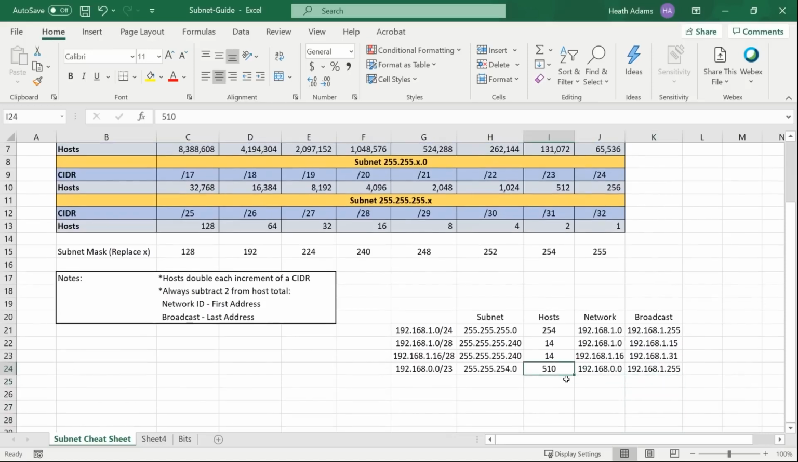We've got 510 hosts in this network. Okay, and we have the ability to go between 0 and 1. We've got 2 options now, 0 and 1. So if we wanted another network, like a 2, we'd actually have to say 192.168.2.0/23. It would be the same subnet mask, same number of hosts, but then this would be